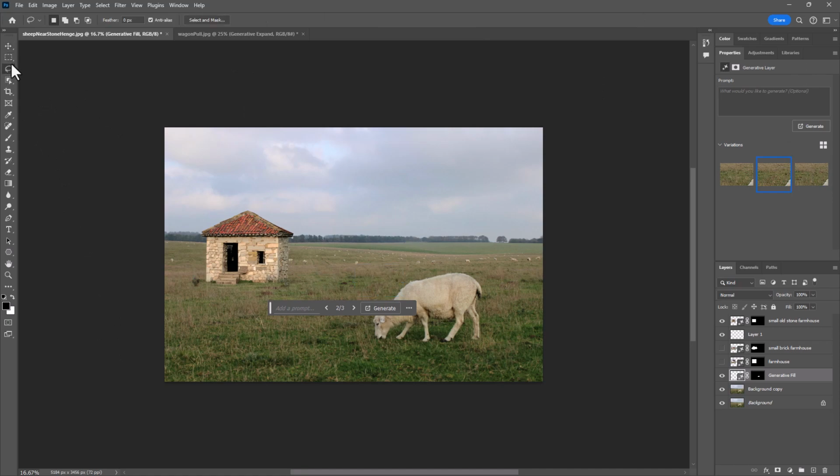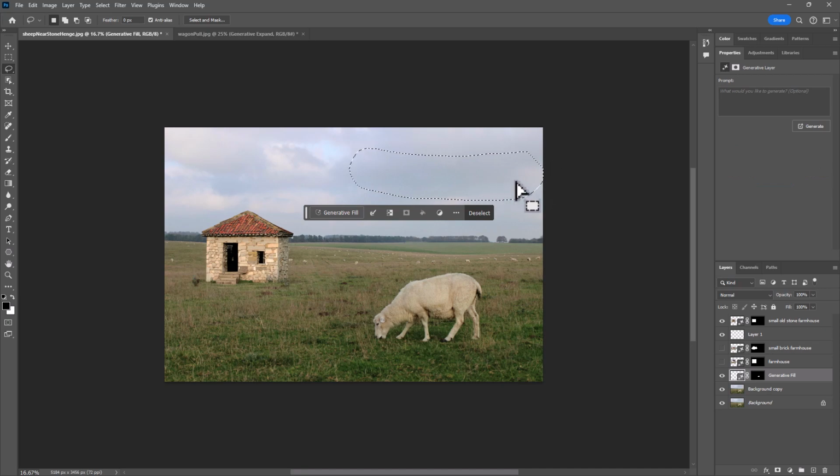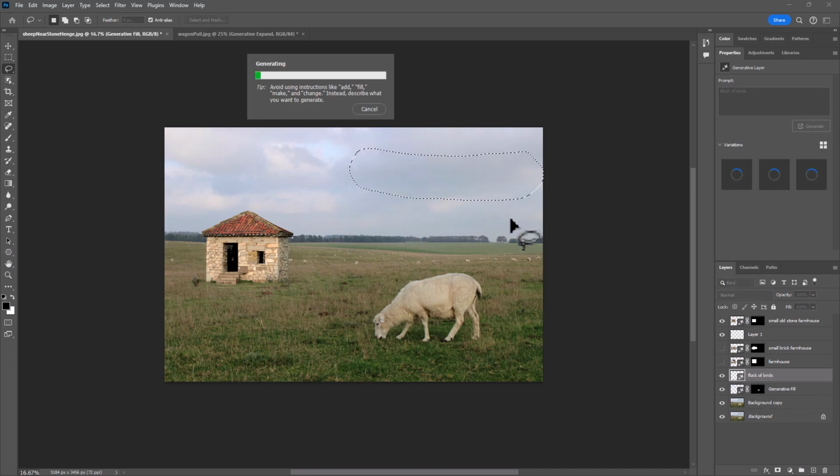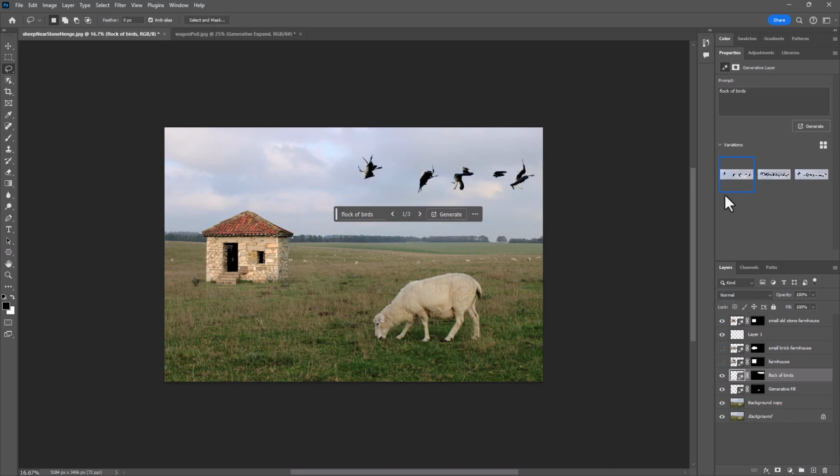I'm just going to do one other thing. Let's say what I wanted to do is have some birds in the sky. I could make a selection right there and have some generative fill where I say a flock of birds and see what happens. And of course from there, we might need to refine our prompt to dial in to what we truly want to see. And there's some flock of birds, maybe not exactly looking great within the scene,